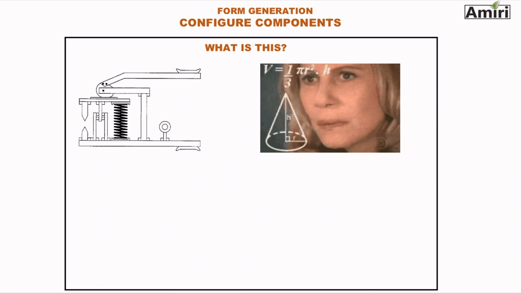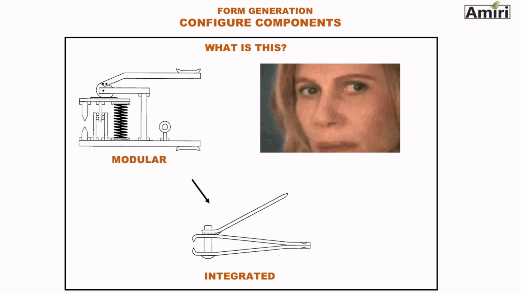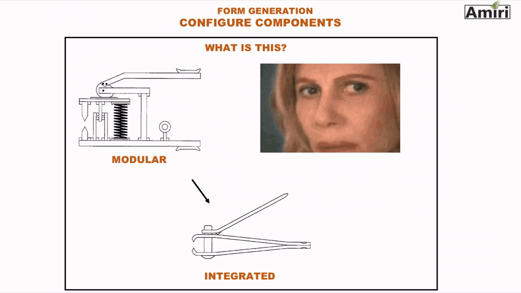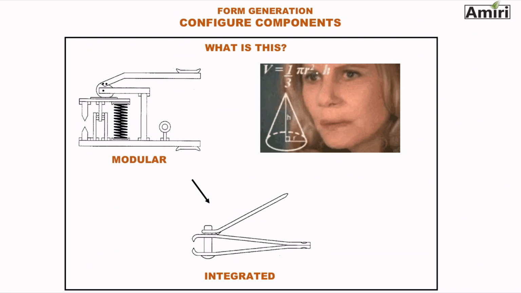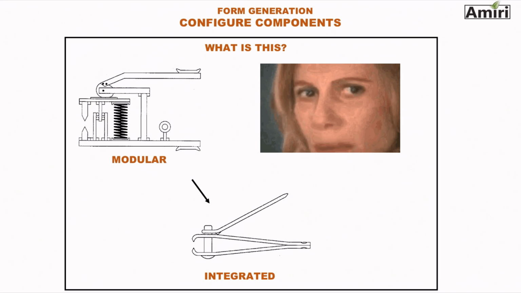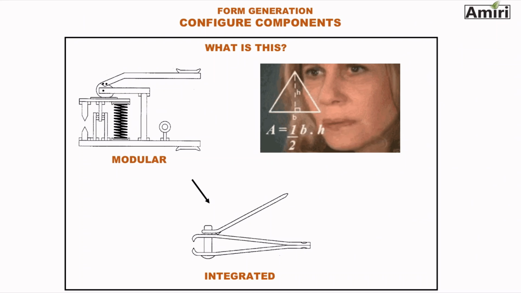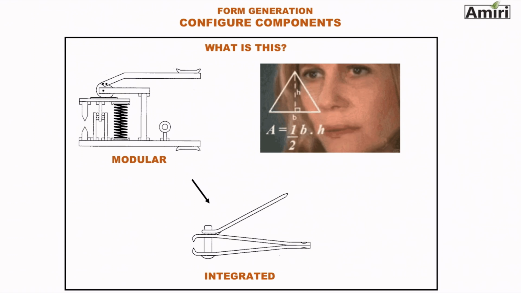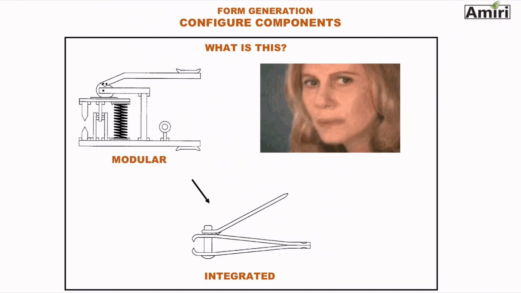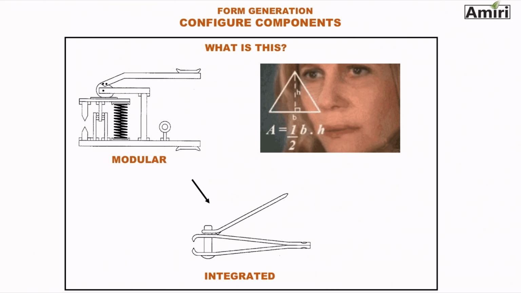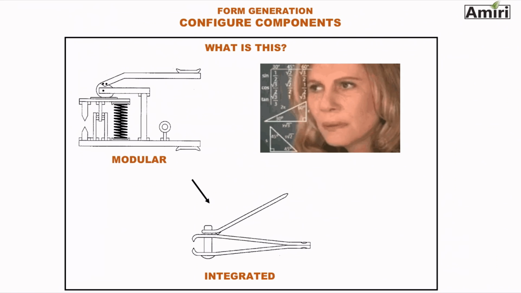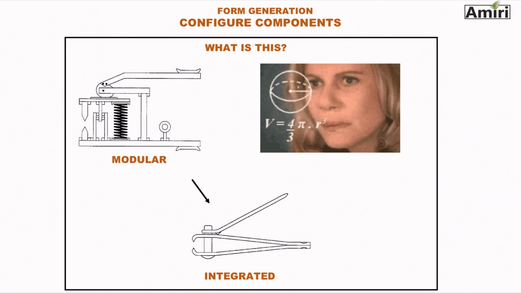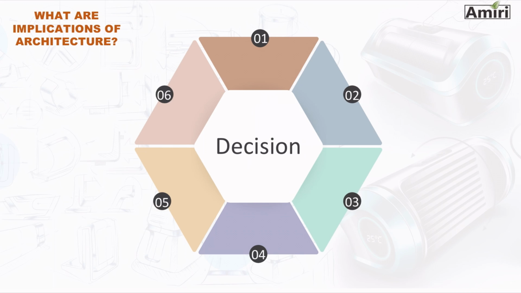All right. I don't know what your guesses were, but this is a nail clipper. So that's a modular architecture versus an integrated architecture that we typically have in this product. And you can kind of see how deciding which architecture to go with totally can affect how a product might be used or looks like. So speaking of decisions that you have to make, let's look at some of the implications of that